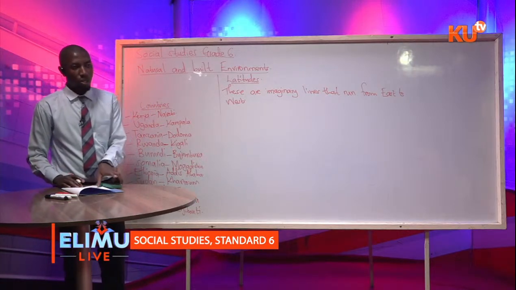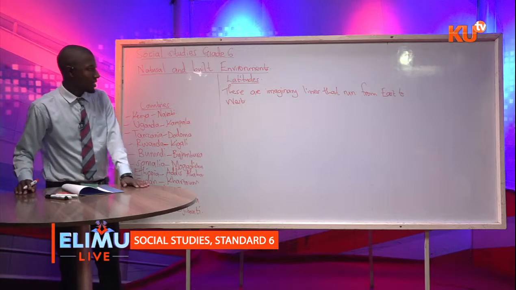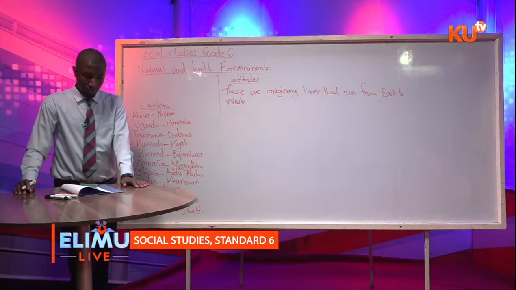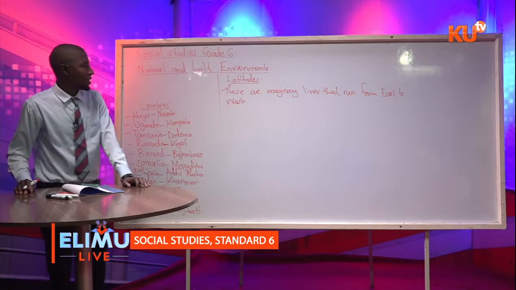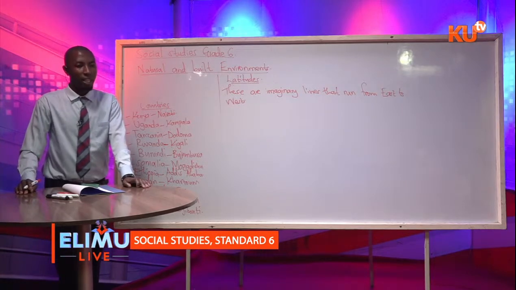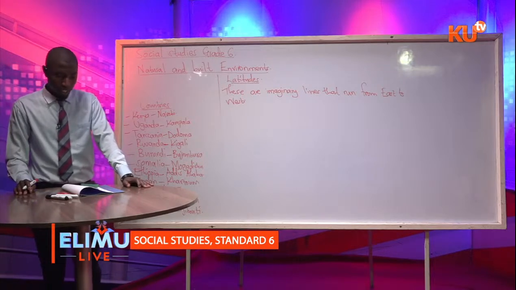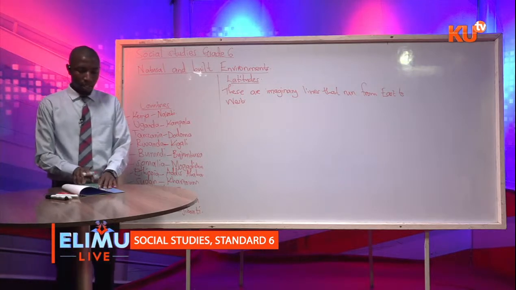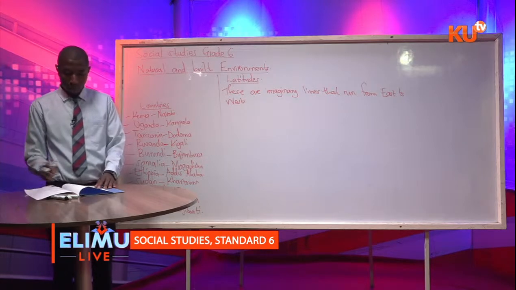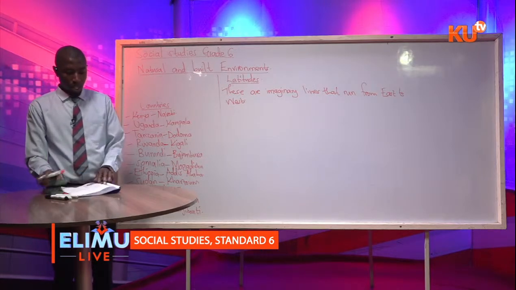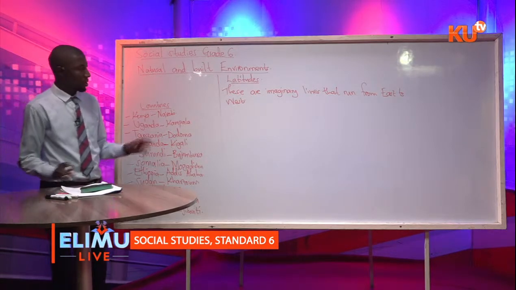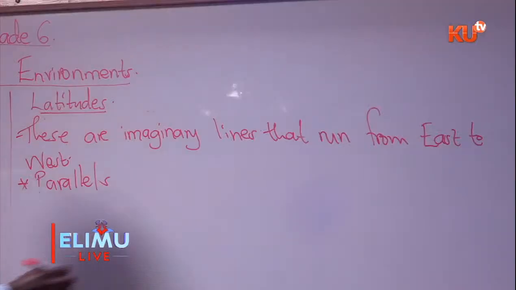They are used to locate places in the world. Probably you have ever seen a globe map in your school, and in that globe map the latitudes are shown there very well. So I'm going to give you examples of latitude. The Earth is